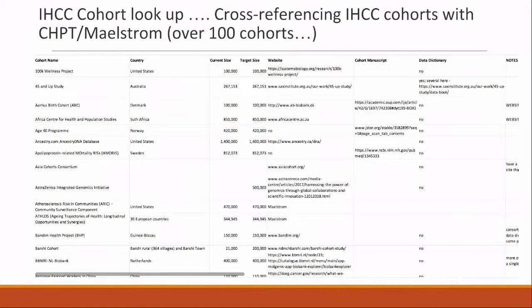To some extent, this is what the very wonderful people as part of the IHCC have put together from data and information that was provided by many of the cohorts that many of you are here. Some of you weren't able to come for this meeting. And we've been trying to cross-reference this with data that we can capture either by doing basic internet searches or things that we've got cataloged in our programs in Canada.